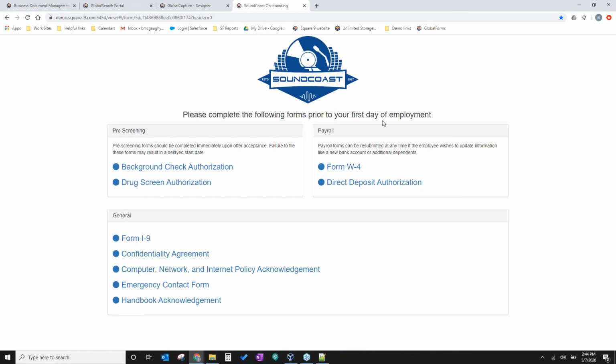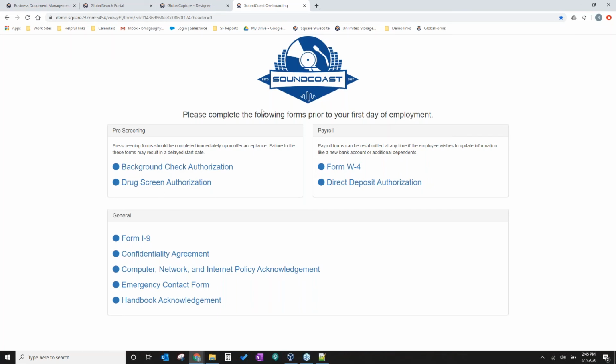Now, they can do it at home, right? I mean, before they ever came in, when I came to work at Square 9, before I ever set foot in the building, I'd already completed all of my onboarding documents. They sent me a link. I logged in. I created a username and login, filled out my information. It sent me an email verification with all of the PDFs attached of all the documents that I just filled out, for my own personal storage, right? And that way, first day I go into the office, I'm not spending all day filling out paperwork.